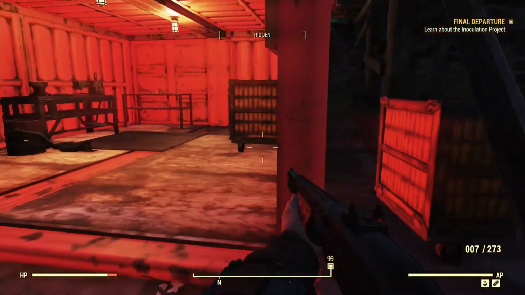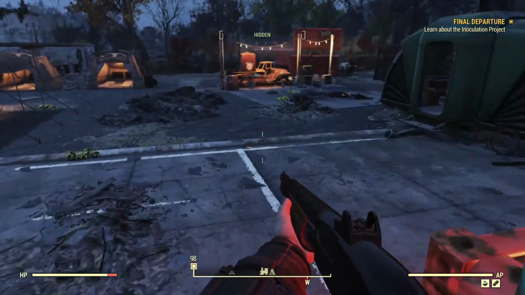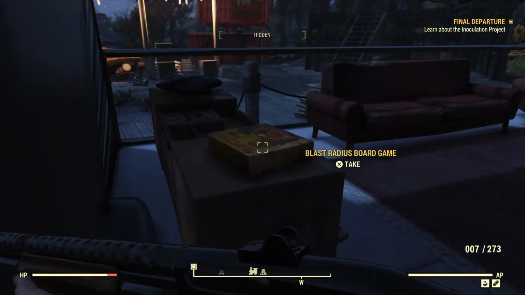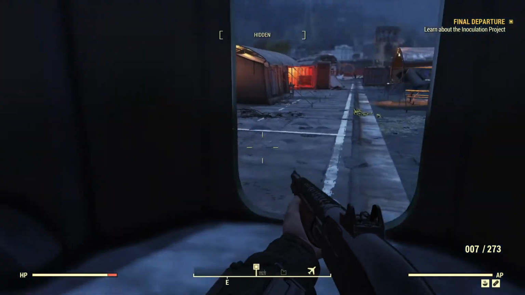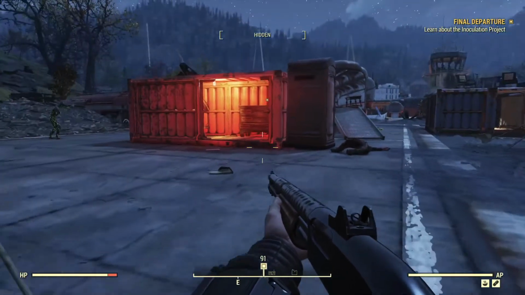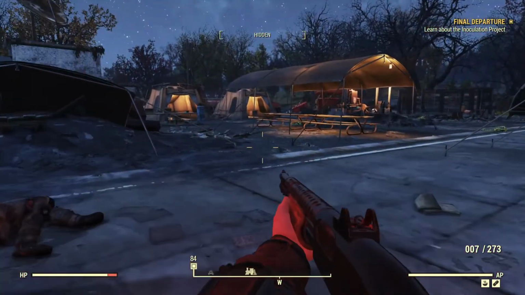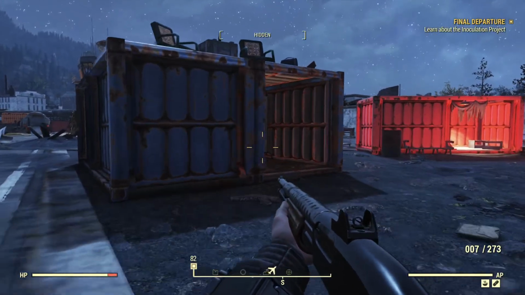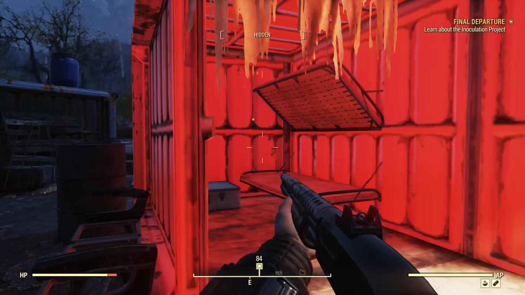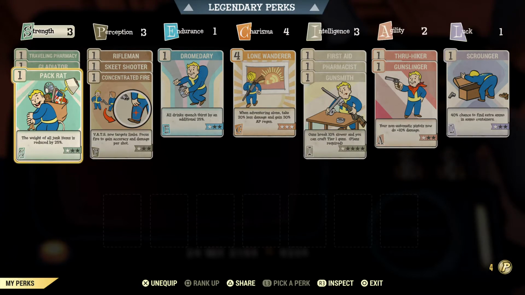You have an armor workbench. And upstairs is just a sleeping quarter. And then you have the various items in all of these tents. I'll take that blast radius for the nuclear material. After all of this is cleared out, you can see all of these containers used as housing. There's a little medical area in there. Getting more housing. So let's